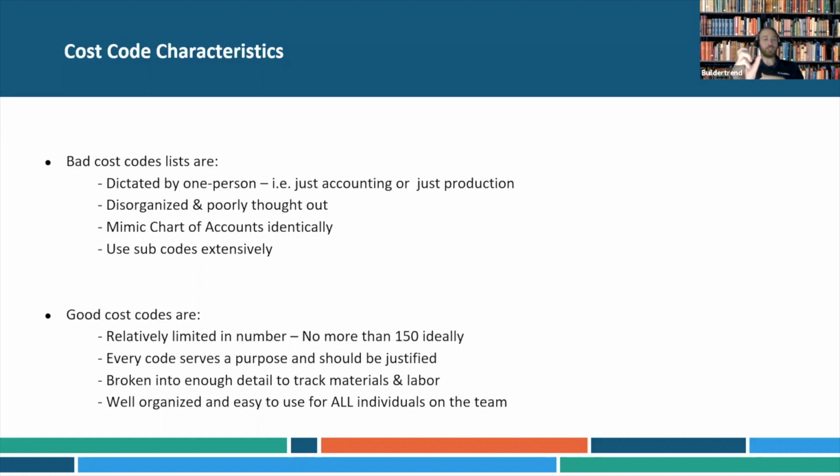Now the numerical system that goes with it is just a way to keep things in place, because I might want my roofing codes to all be together, but if I just rely on trusses and shingles, well, they might not be next to each other in the alphabet. And so when I'm going to enter the data into the system, it makes it really hard to have those groupings together. So by putting a numerical system to it, you're really able to ensure that things are in their proper place from a usage standpoint, so that it's easy for me to access and go through and make things